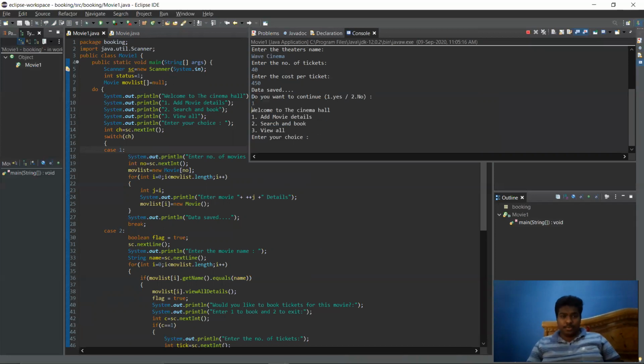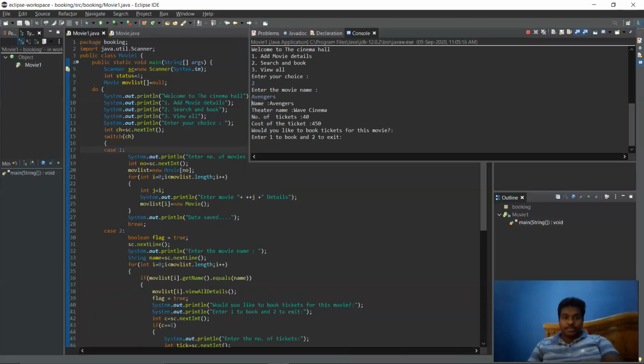Yes. Okay, then if you want to search, second, enter the movie name, that is Avengers, and it will tell you the name, theater name, number of tickets available, cost of ticket, and would you like to book a ticket or not. If you want to book, then press 1.